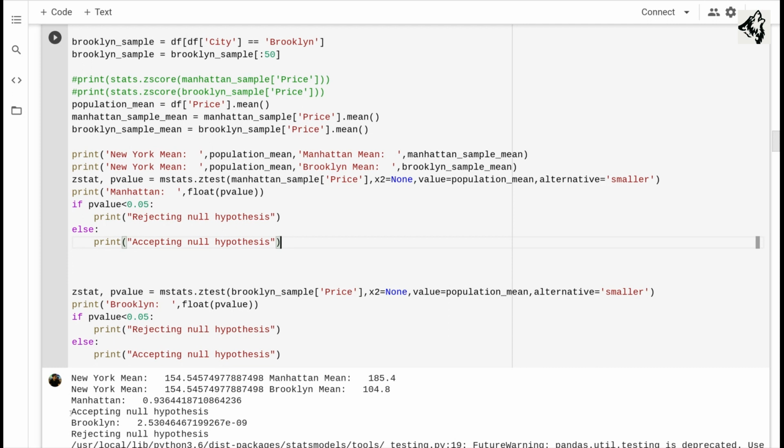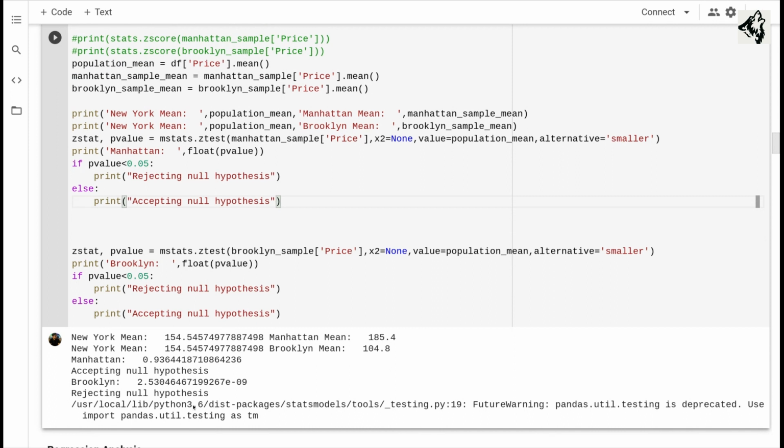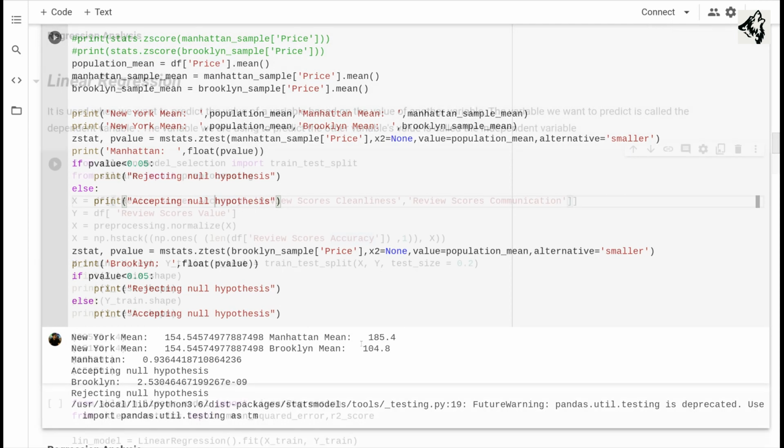Hence, we accept the null hypothesis. Whereas, when we repeat the same process for Brooklyn, the p-value is lower than 0.05. Here, you can see the mean prices for all of New York, Manhattan, and Brooklyn.